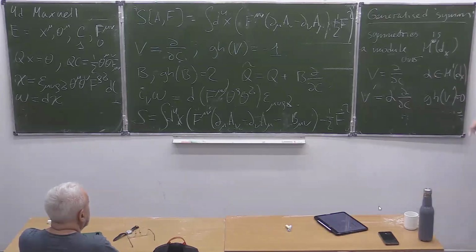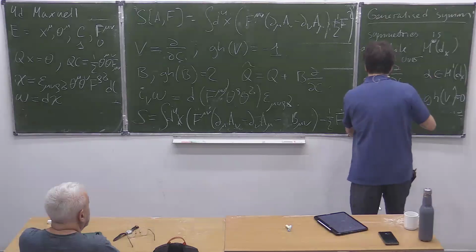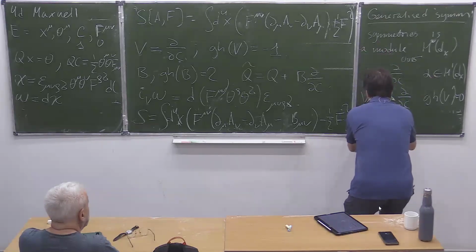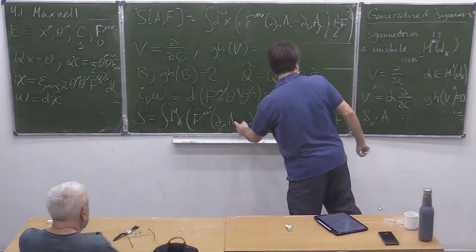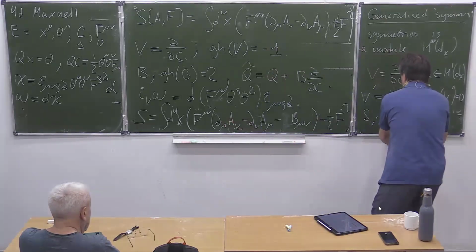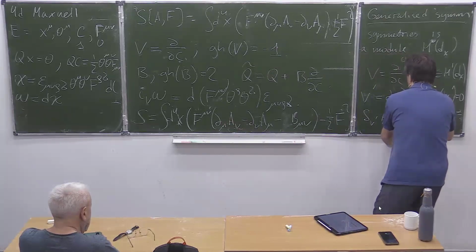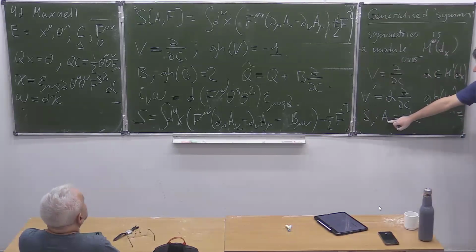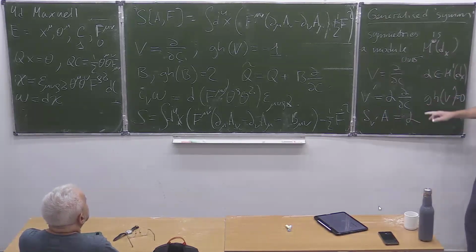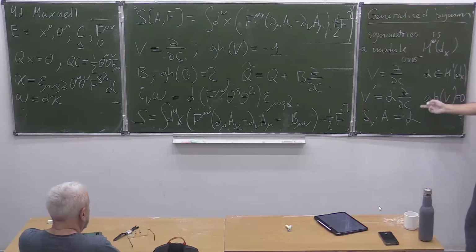So it acts on sections. How does it act? It's clear. Delta V prime acting on my field A, which sits here, is going to be just alpha. So what I do, I add a cocycle to my one-form. And it's not a gauge symmetry, because gauge symmetry is when I add an exact form. This is gauge symmetry. But if cohomology is non-trivial, then I have